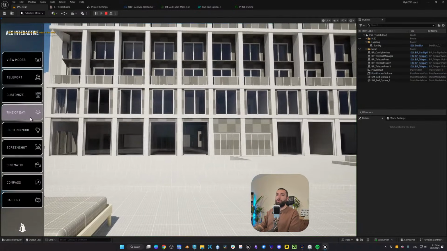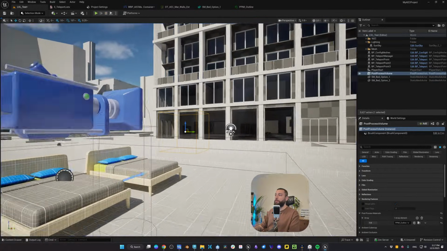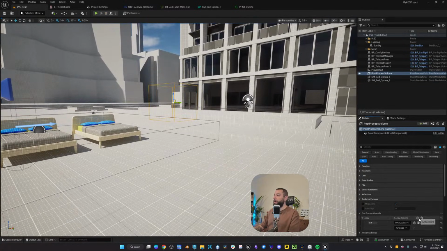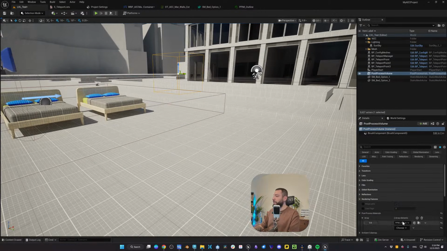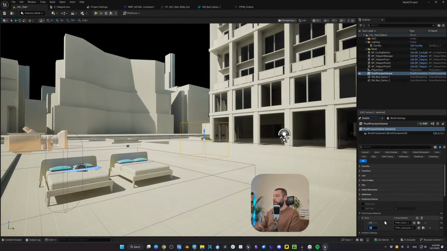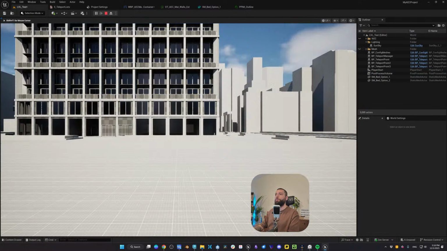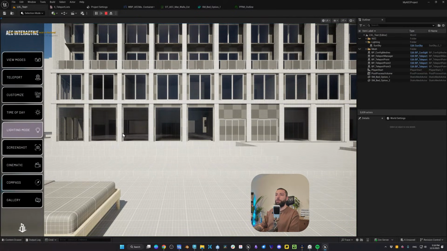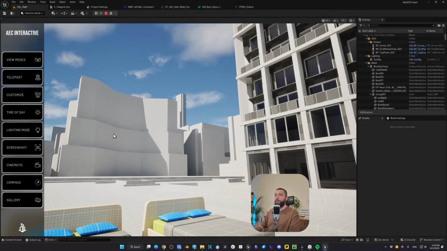Now, while we're here, we also need to set the lighting mode. So right now, if you click on the lighting mode, nothing is going to happen. So if you add another array element, here we have the lighting mode clay. So let me add that. Let's add it here, like so. Give it a second. And let's set this on 0. Click on play and click on lighting mode. Actually, I think I forgot how to set it up.